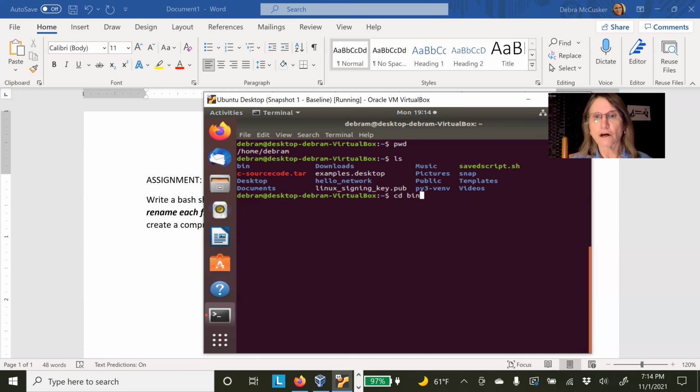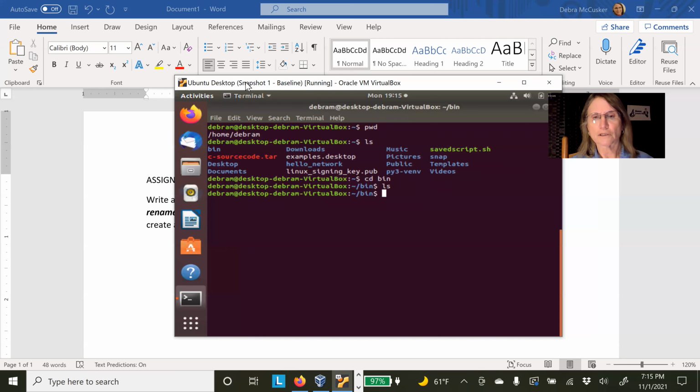So let us go in the directory, and since this is a fairly fresh install, I currently do not have any scripts in this directory, but hey, we're about to make one. So let's review what we're doing. We're writing a shell script that's going to accept a path name to a directory, renaming files. So let's give our script some kind of nice name. Let's call it